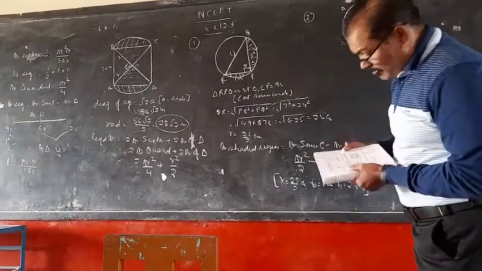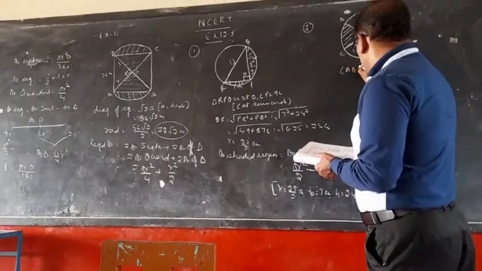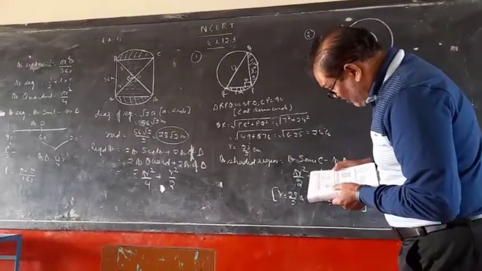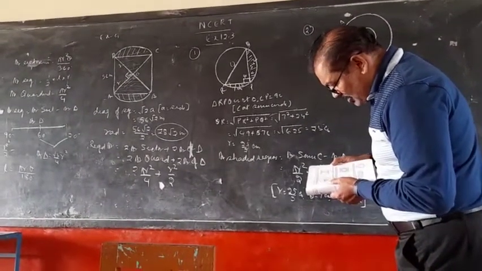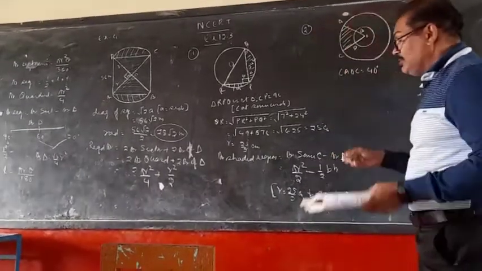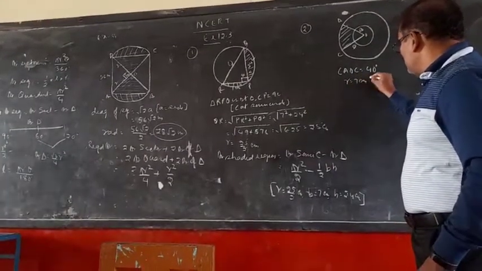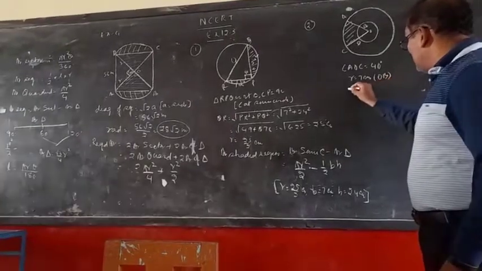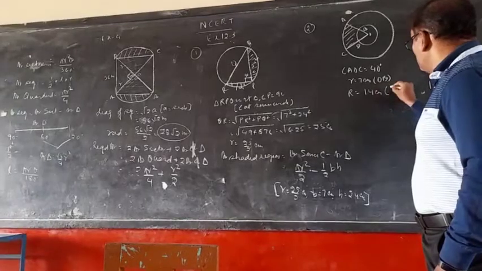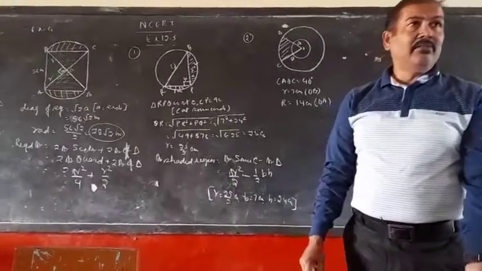We have given the information that angle AOC is equal to 40 degree. We have given two concentric circles with center O, of 7 centimeter and 14 centimeter. Means we have given two radii. The smaller radius is 7 centimeter, that is equal to OB, and the bigger radius is 14 centimeter, that is equal to OA. Then you have to find the area of the shaded region.